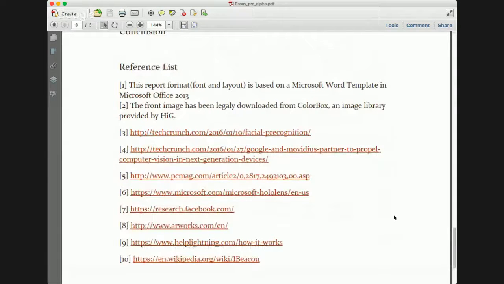For the reference list, you don't need to include those first 2, especially if you don't really want to use the graphics. So you don't need to tell the reader where the template came from. In the references, it's okay if you don't say that. It's fine. And then the rest of the references are mostly blog posts and short articles, which makes it